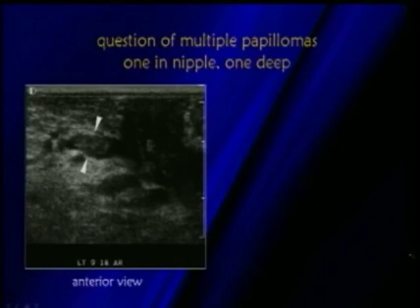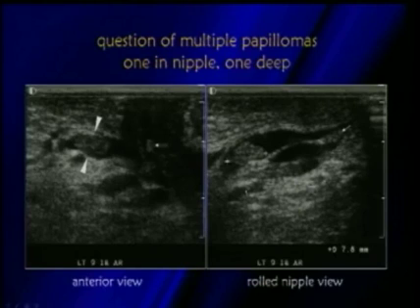Here was a patient that we scanned. You can see this is scanning directly through the nipple. We can definitely see that there is one intraductal papillary lesion in this area, and we had a question as to whether there was a second lesion right in this area. Now remember, I did tell you that intraductal papillomas are not echogenic, they are isoechoic. But in doing the rolled nipple technique, what we were able to see is this is only a single lesion here. This is one ectatic duct, another ectatic duct sitting right here, and actually what we were seeing was the space or the wall between those two ectatic ducts, and it was not a second intraductal papillary lesion,